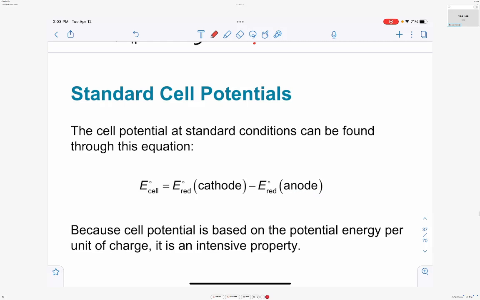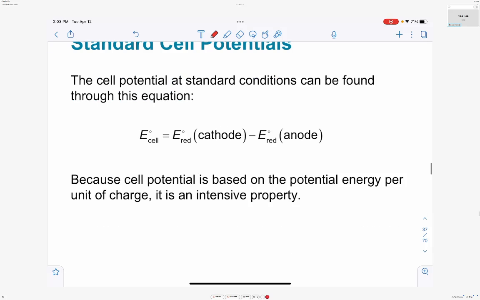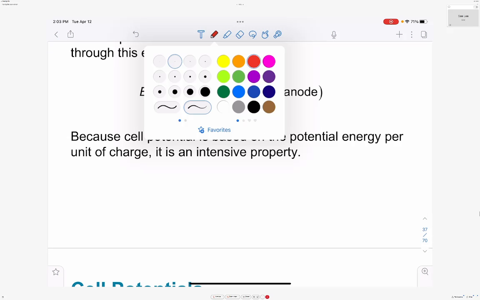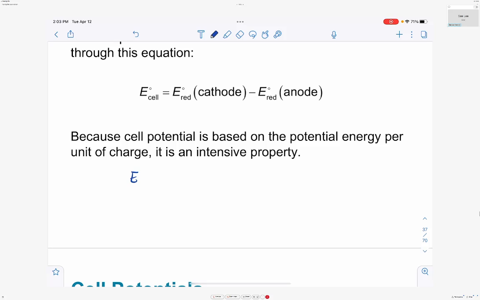The reduction potential of the zinc equals the reduction potential at the cathode, which is basically the protons' reduction potential, minus